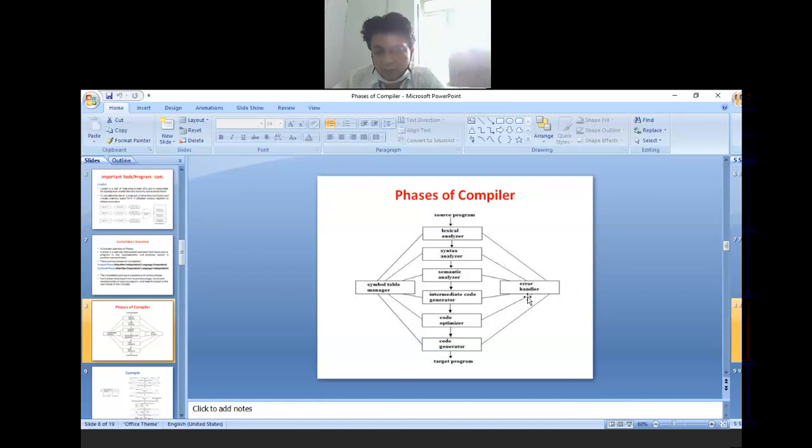As you already use the compiler in C and C++ language, you will notice that the compiler's task is to point out the error in the line. So every phase of the compiler gives a particular error, and also the symbol table manager's task is to place the identifiers and keywords in the proper memory location with their values. So let us discuss an example based on the phases of the compiler.